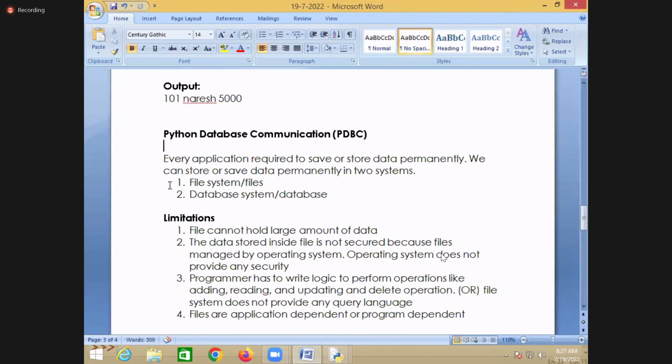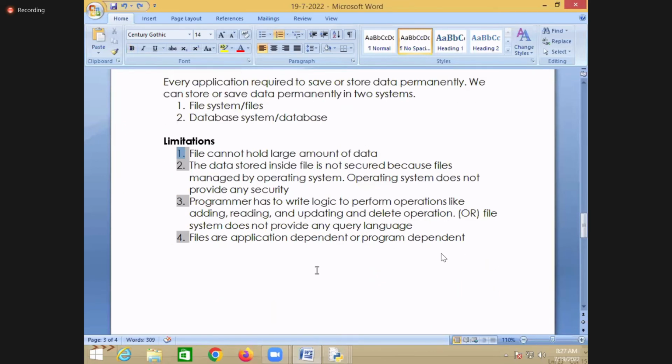So every application requires saving or storing data permanently, and we can store data permanently in two systems. One is called a file system and one more is the database system. But there are some limitations of the file system.